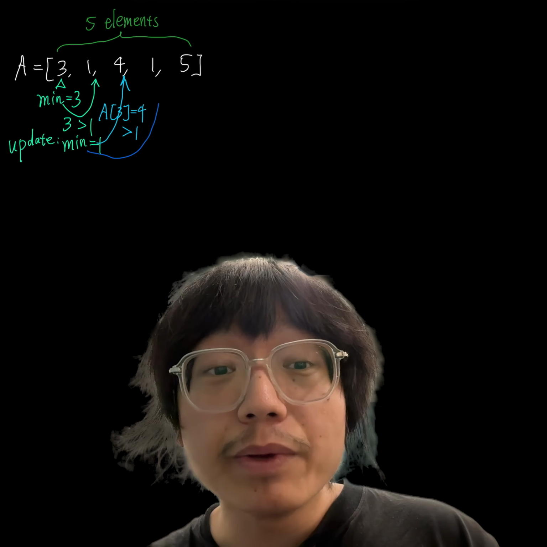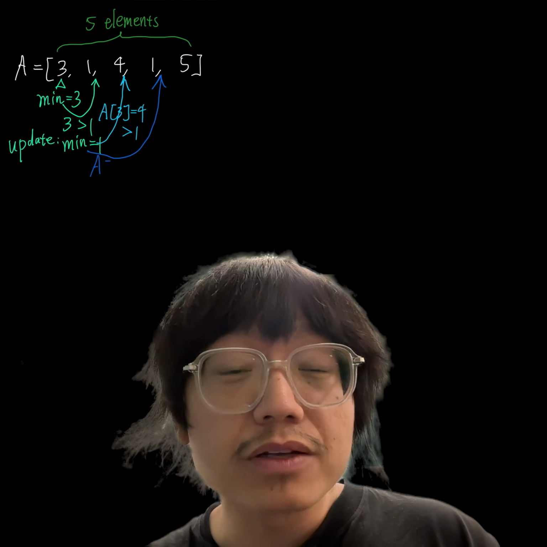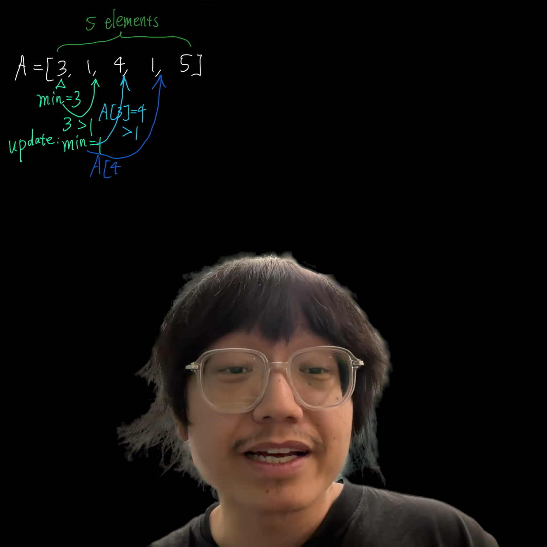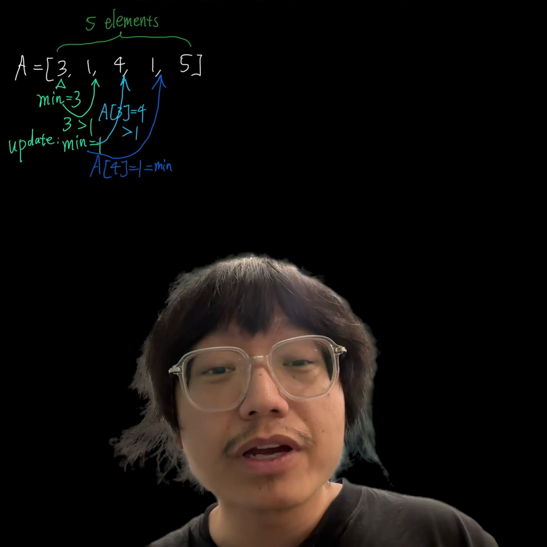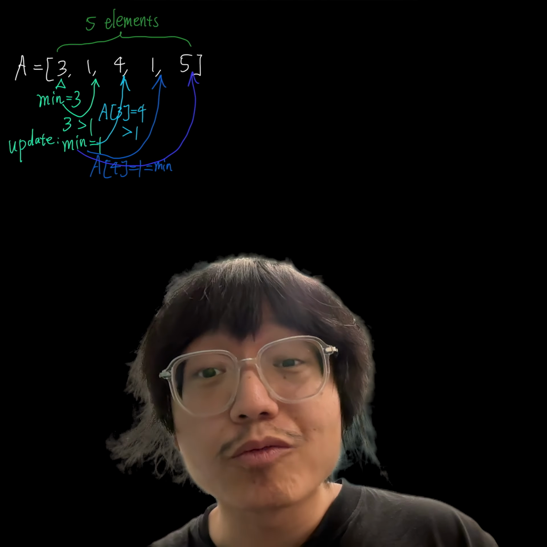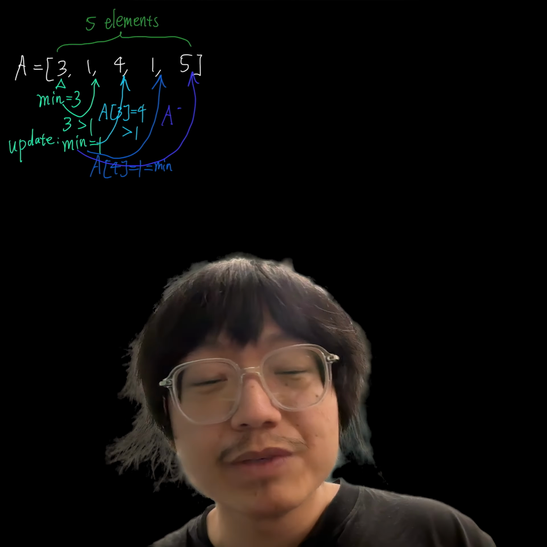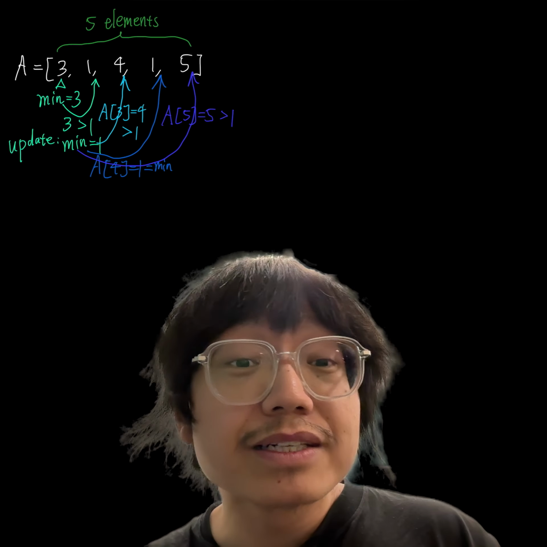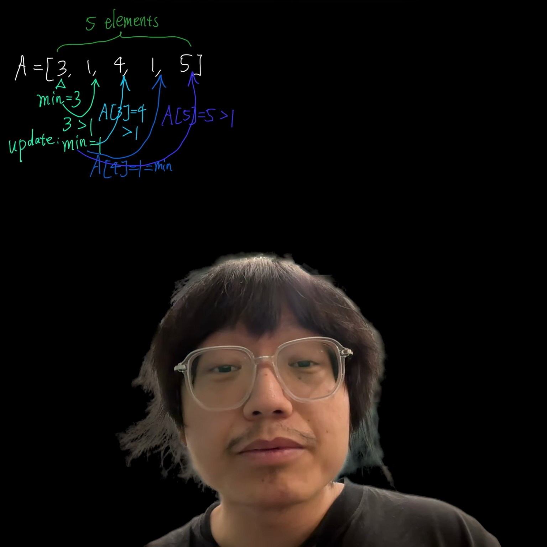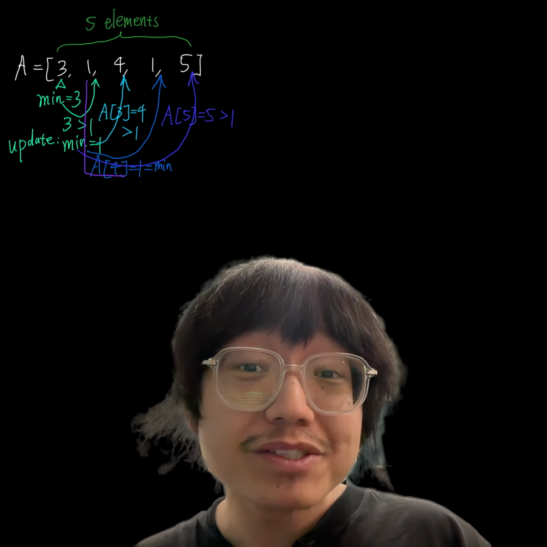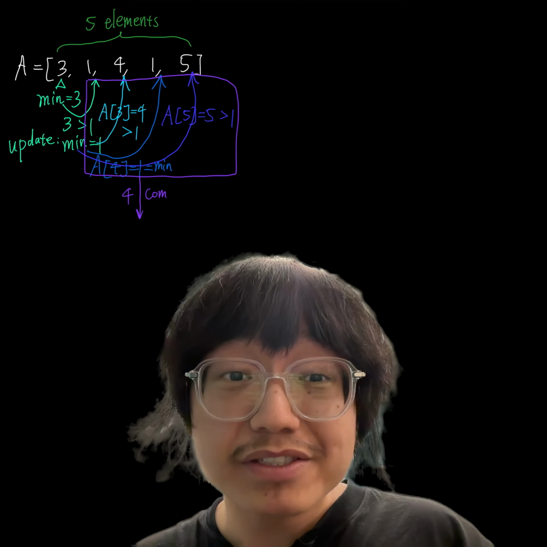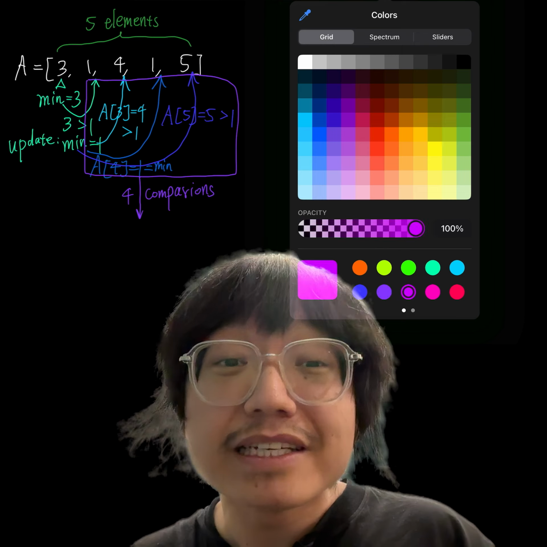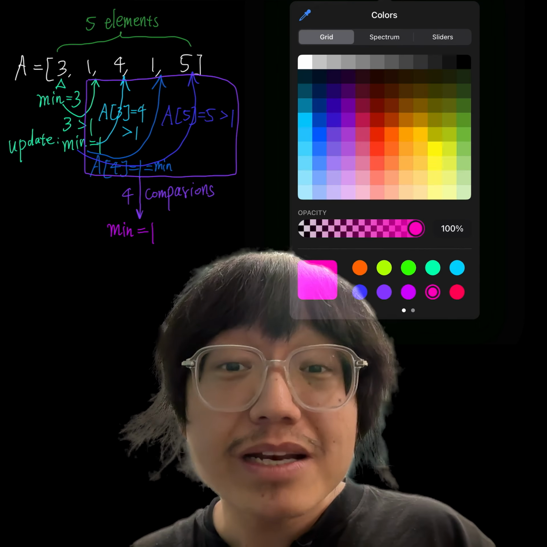1, with our minimum, which is 1. 1 is equal to 1, so no update is needed because they are equal, right? And then we compare our next element A[5], which is 5, with our minimum. 5 is greater than 1, so there's no update needed. After 4 comparisons, since we have 5 elements, the minimum value determined is 1, so every new element after the